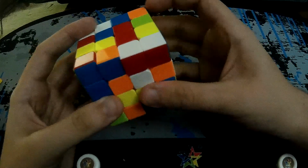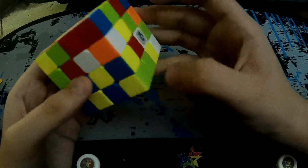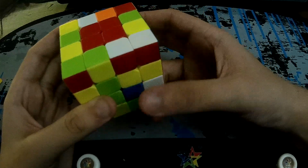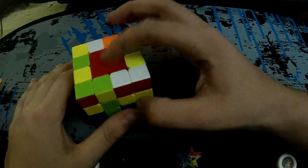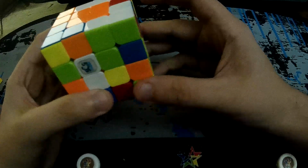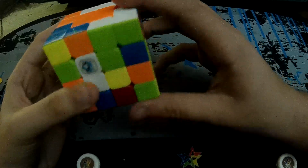Okay, so in this scramble I will solve red and orange first, and I will solve red first, so I will just move this one here, then move the red one here, then solve this. And when I plan this in inspection I know that 3 orange pieces will be in the top, in the bottom, so I rotate and solve it like that. I notice this white, so I will do white cross, and I notice this blue, but I can solve those 2 like this, and it makes